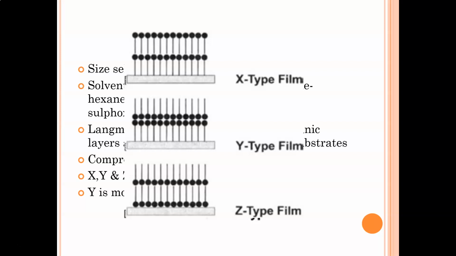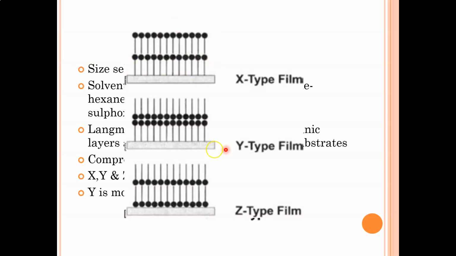So if you want an X type of film, as you can see here, you can see that the hydrophilic heads are at the top. What interacts with your slide is the hydrophobic ends. So that's the first coating. The second coating would be wherein the hydrophobic ends are going to be overlaid onto the first monolayer. Now obviously, for this kind of an interaction, there has to be some coating on the first monolayer so that the hydrophobic ends can interact with that coating, and that's how you can pile up one layer on the other.